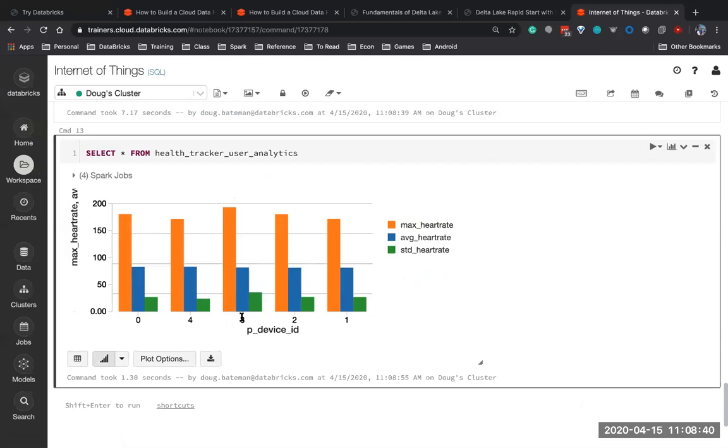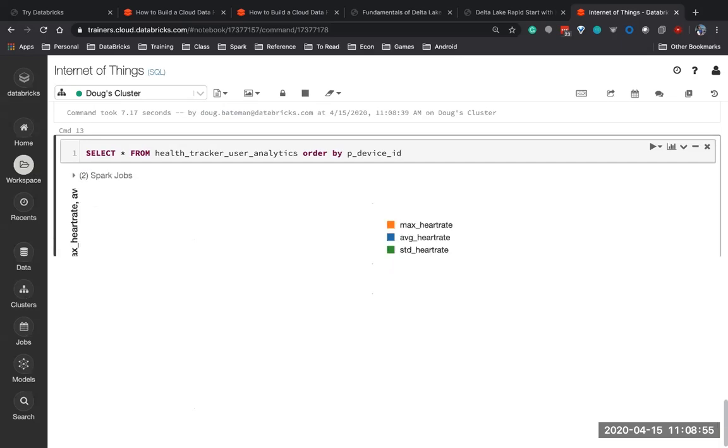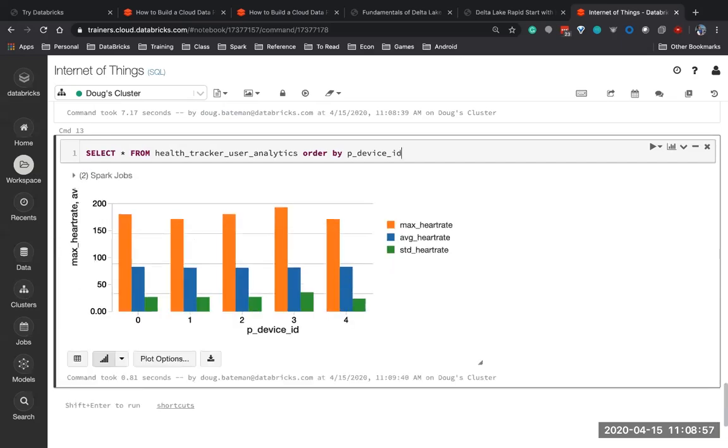Grr, notice that these keys came out in a weird order, 0, 4, 3, 2, 1. I don't like that. So I could come in here and go order by device ID and sort as part of my query, and now they come out ordered. Very cool. And this is my gold table that my end users might want to hit as part of their